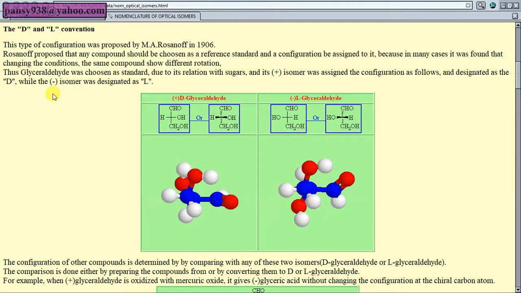This is because he saw that changes in conditions may cause changes in the rotation of the compound. So he observed that a standard should be there,